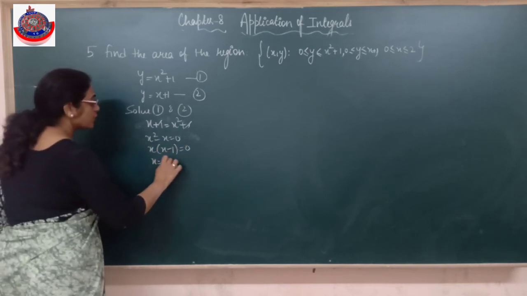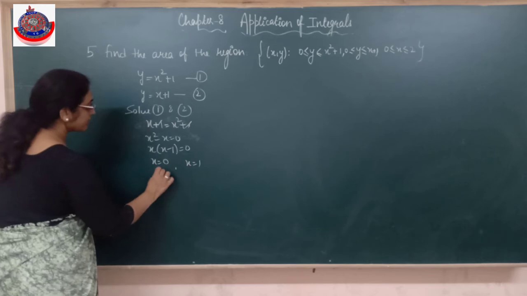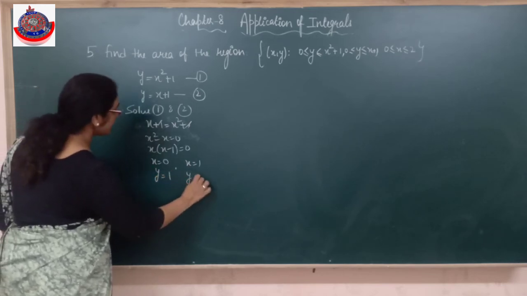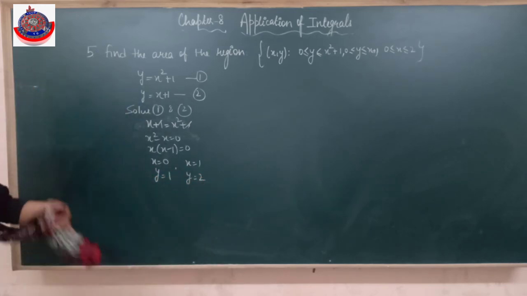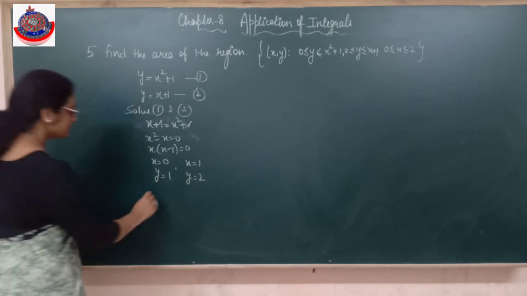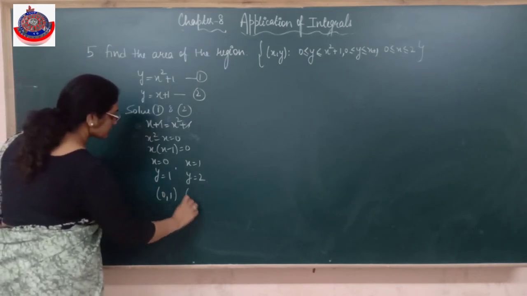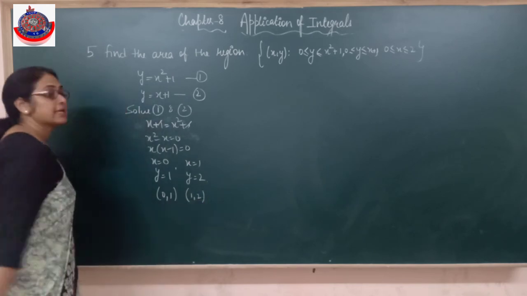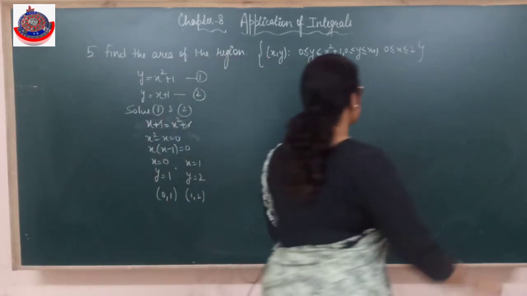X is equals to 0, x is equals to 1. The corresponding values of y will be 1 and y will be 2. So the points of intersection are 0, 1 and 1, 2. Clear? When I plot this,